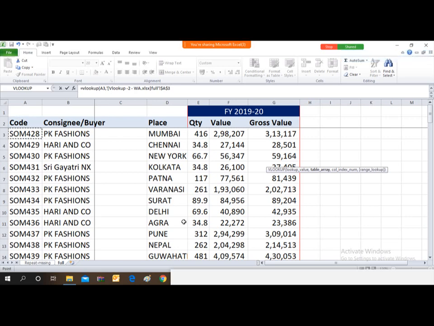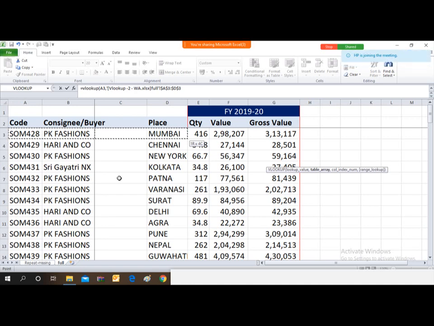So friends, I have to provide the range. When you are selecting the range, how can you select it? Just click over here in the first cell, and then after pressing shift, you just use the right arrow. By using the right arrow, the area of columns will increase.